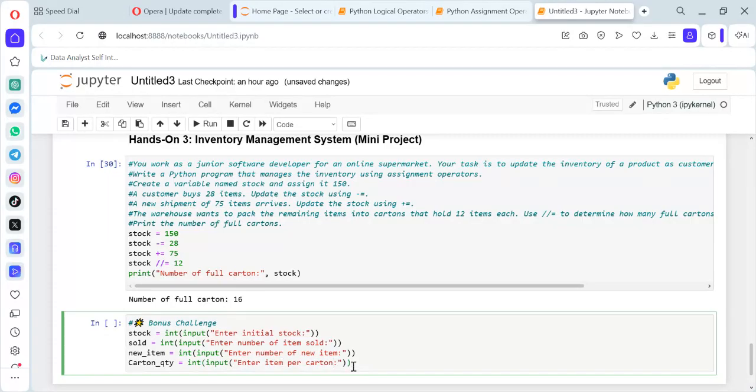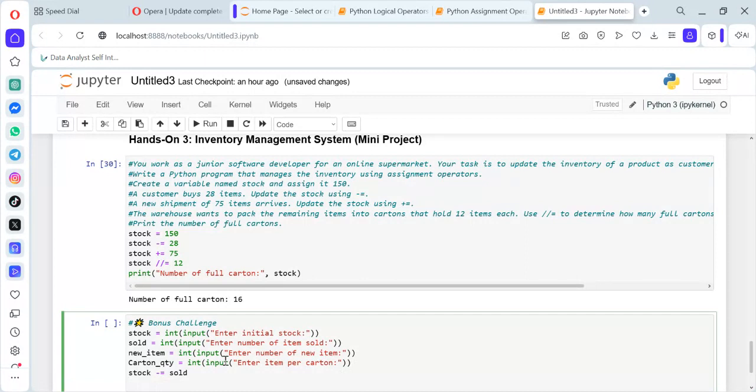So now stock will be equals to stock minus sold. So stock will be equals to